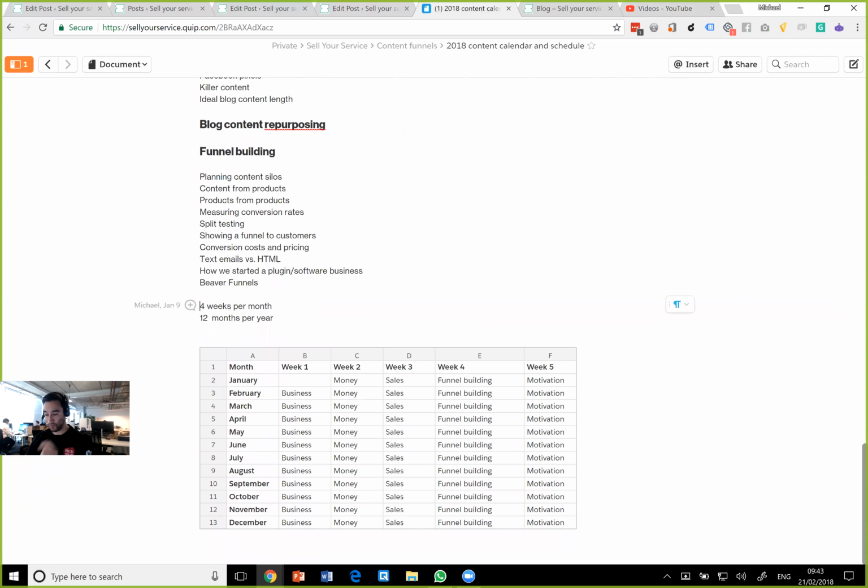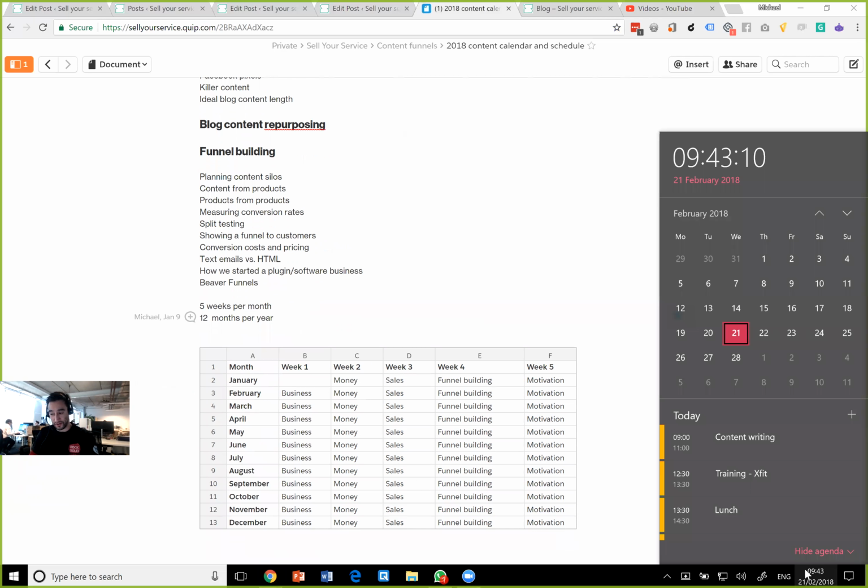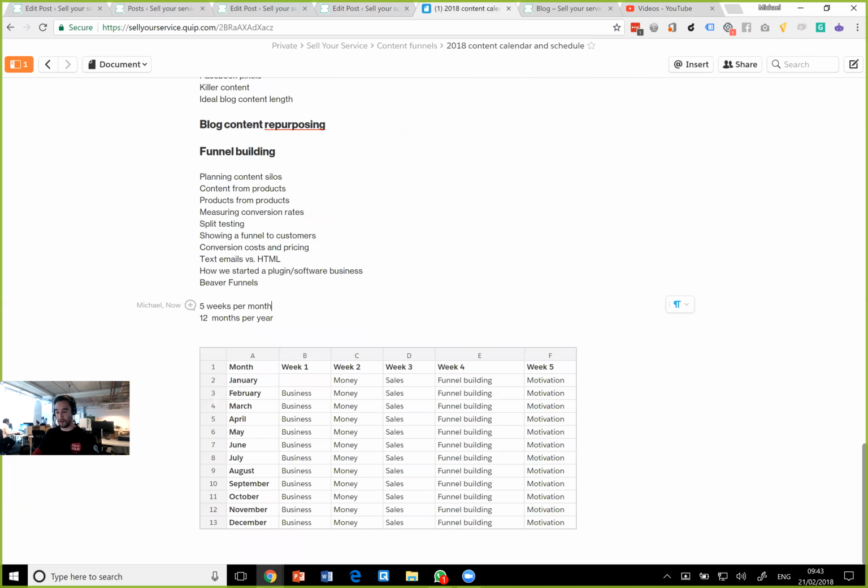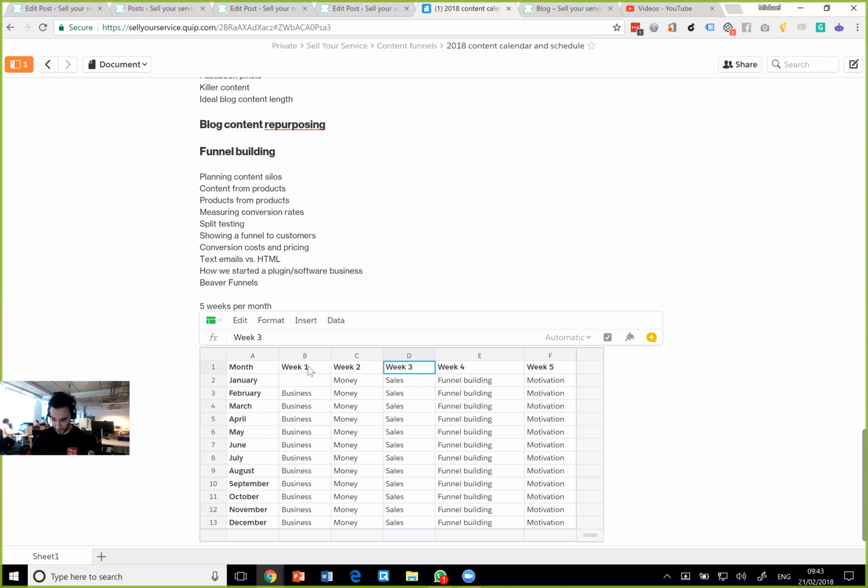We say roughly there's 5 weeks per month, 12 months in a year. Now, obviously, times like February are closer to 3 weeks. They have 4 weeks, but actually it's closer to 3 weeks with the number of full Thursday weeks they've got. But there are 4 Thursdays. We typically publish around a Thursday, so we just choose a date to publish. Really simply, in Quip as an Excel document, spreadsheet, I've got week 1, week 2, week 3, week 4, and week 5. And that means that in week 1 of February,